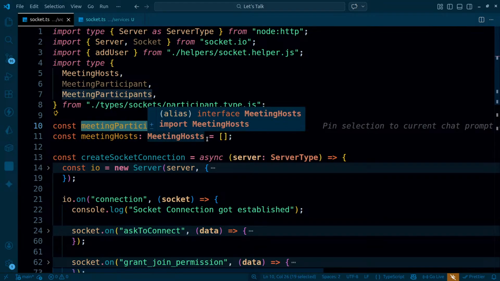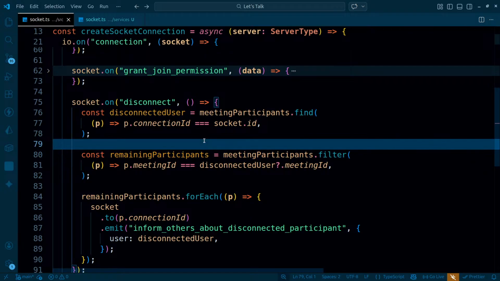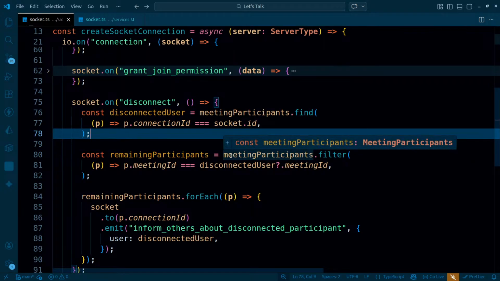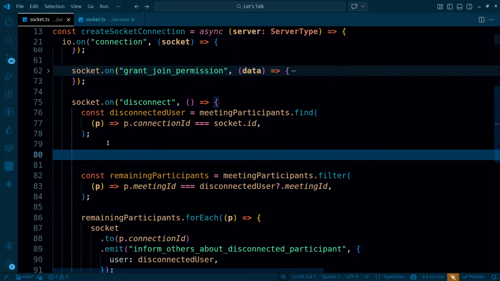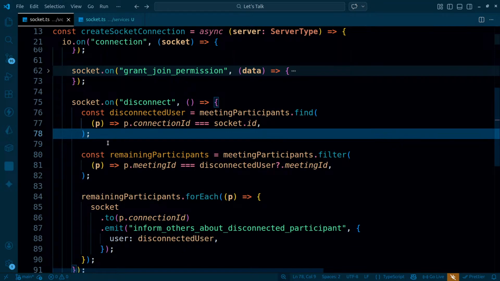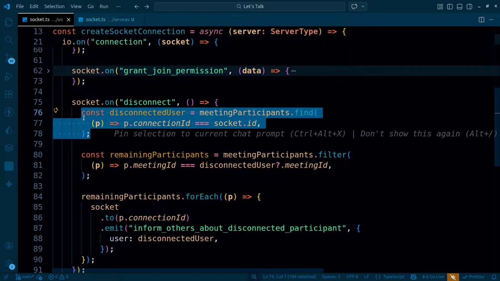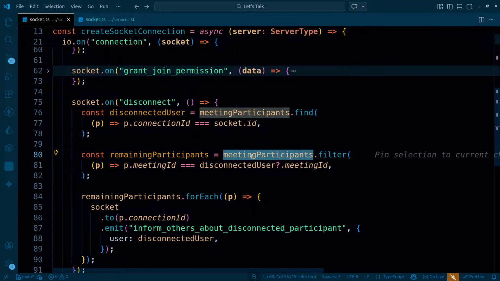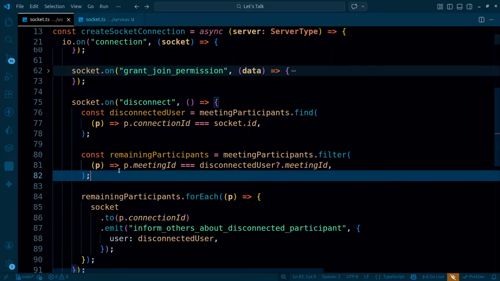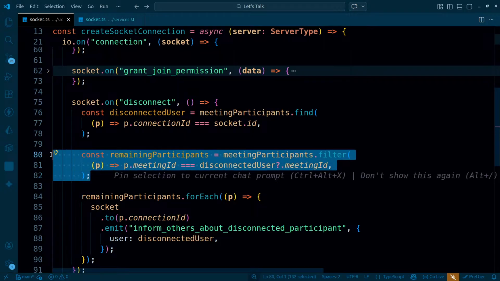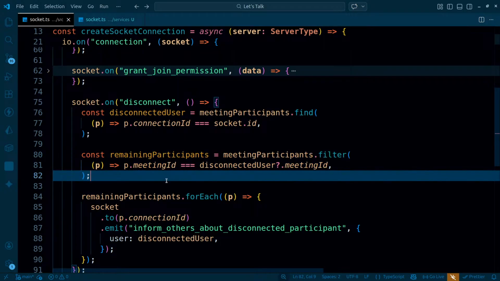So let's do one thing. I'm gonna be using splice over here. I think that would be better. So okay, these are the remaining participants that I'm getting, that's fine. The another thing is that the remaining users, remaining participants, just think carefully. A user got disconnected. Now that particular user does not need to be the part of the meeting participants. That simply means when I'm actually filtering this meeting participants, I don't even need to filter. Rather, I need to do one thing. I have to just remove that particular user. As soon as that user is actually removed,